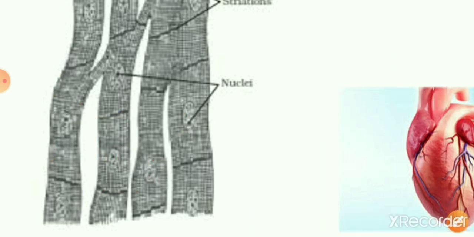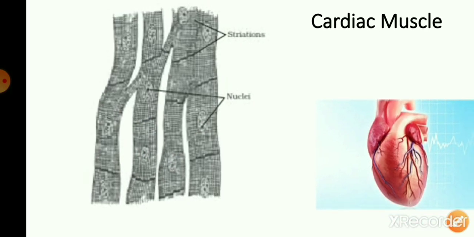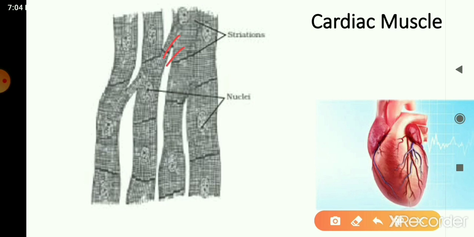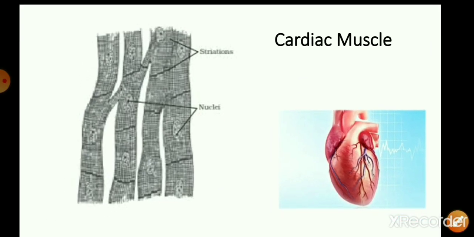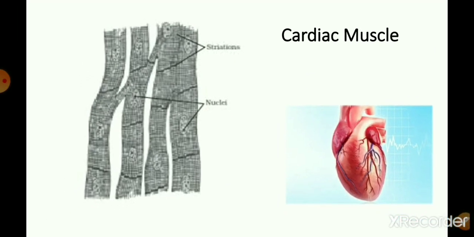The other thing that you find is that the cardiac muscle cells are all branched. You can see the cells are all branched, so they are connected to one another. So if one muscle contracts, the wave of contraction passes to all. This is a feature of cardiac muscle. Now coming to the function of cardiac muscles, they show rhythmic contraction. Throughout life they contract and relax rhythmically so that the heart can pump blood to different parts of the body. Okay, so that's about the three types of muscle.